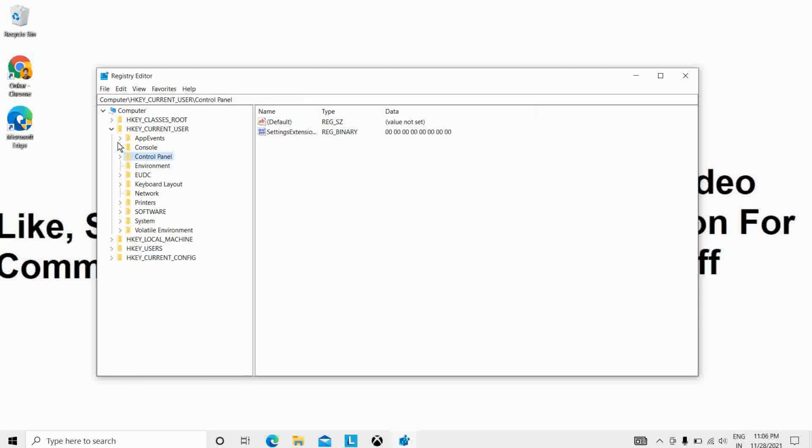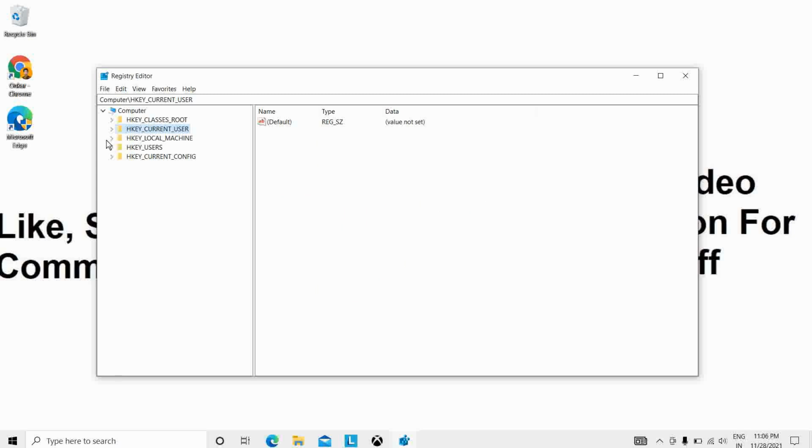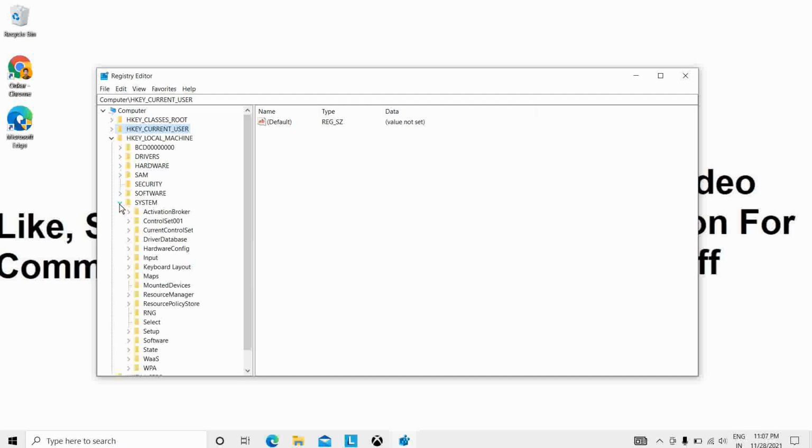I will close this tab, and we will go step by step to the required folder. First we have to expand HKEY_LOCAL_MACHINE, and in that open SYSTEM. Then open CurrentControlSet from here.